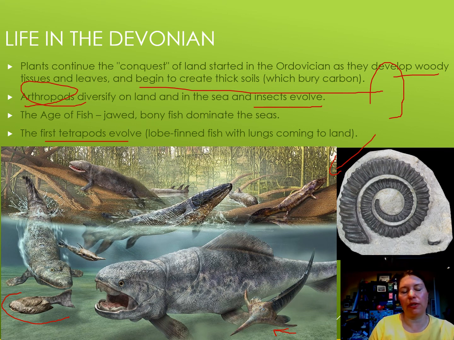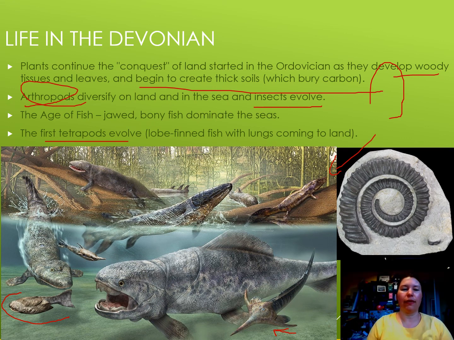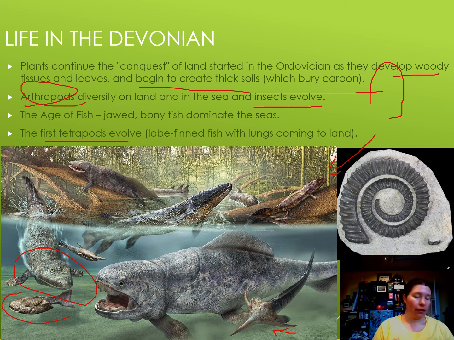And they are going to begin to develop hands and a shoulder girdle and a hip girdle and a neck and eyes on top of their head, kind of a flat head. Those are all characteristics of animals that are beginning to walk on land, like Tiktaalik here. So yeah, kind of an amphibious type of creature. Tetrapods then are going to include those, the reptiles, which we'll get into here at the end of the Paleozoic, the mammals, and the birds. Those are all tetrapods. And yeah, I know birds have two legs, but they've got arms, it's fine.